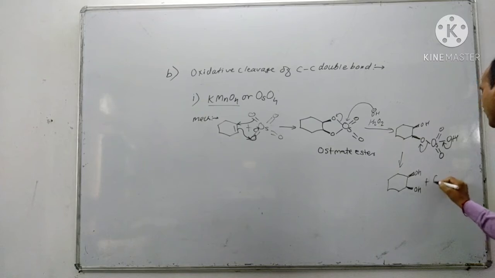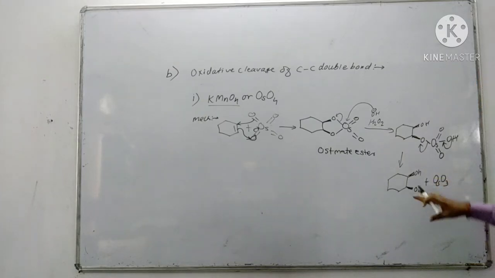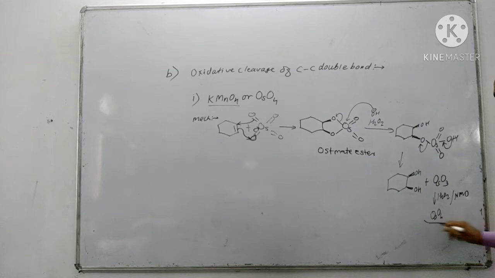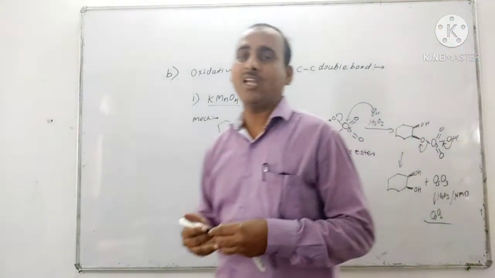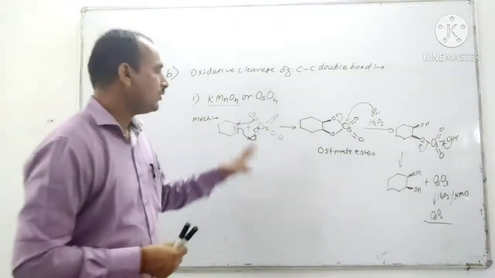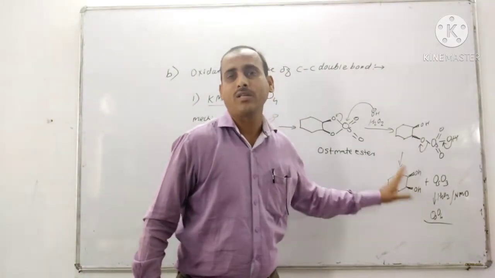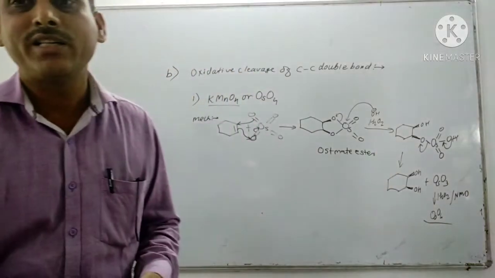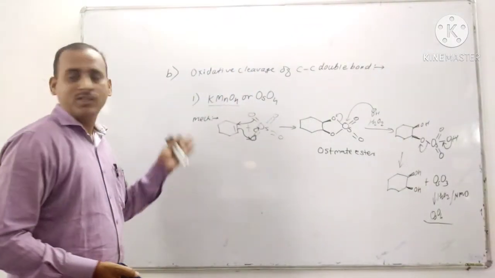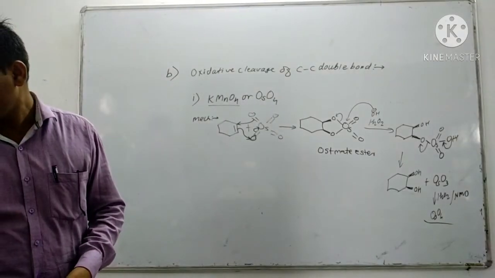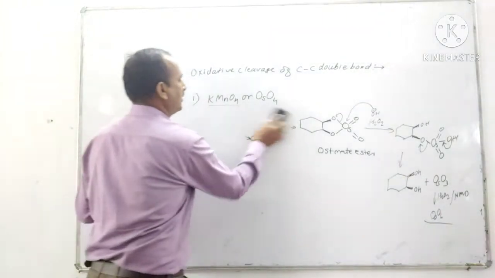OH plus osmium trioxide, and osmium trioxide again by H2O2 forms osmium tetroxide, or by using NMO, N-methyl morpholine oxide, they also form the osmium tetroxide. So such type of mechanism takes place with the help of osmium, syn addition takes place to form the syn dihydroxyl product. That is, this reaction is also called syn dihydroxylation reaction. So let's see more examples of this.